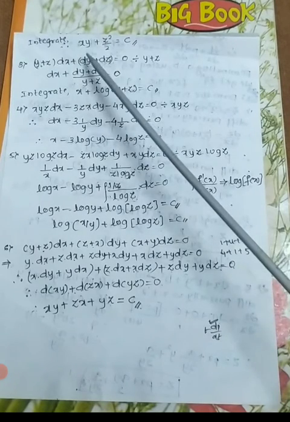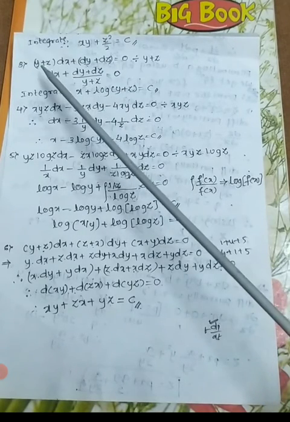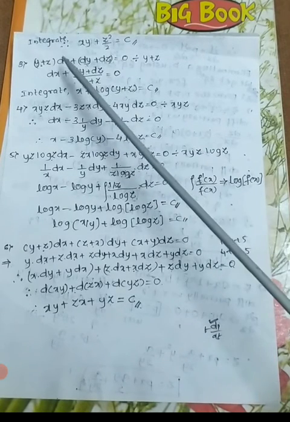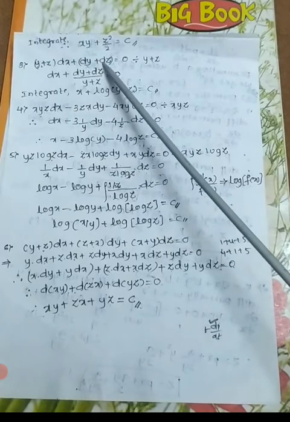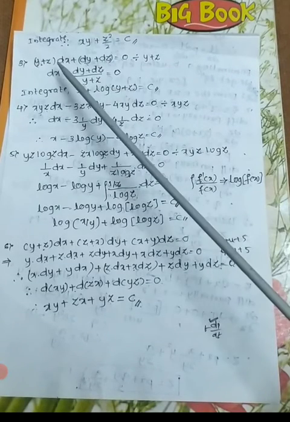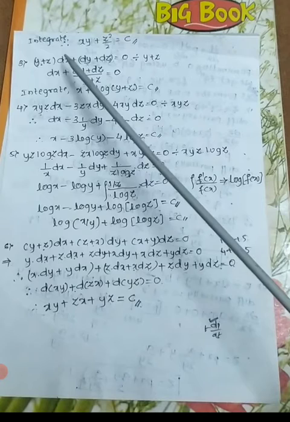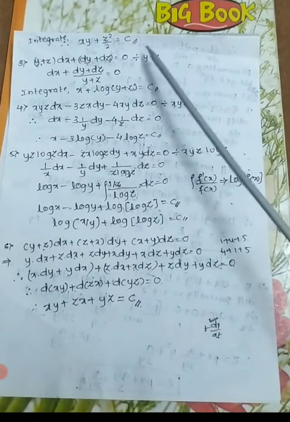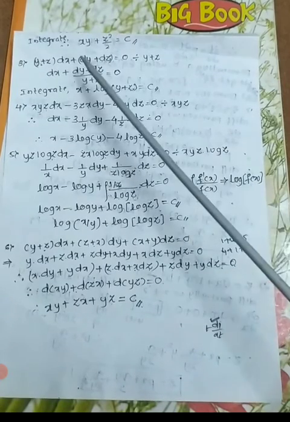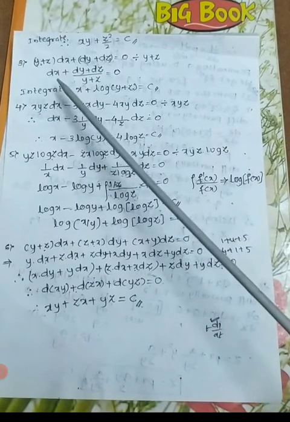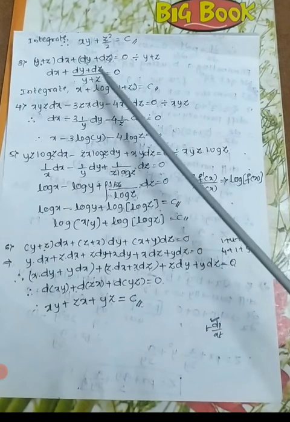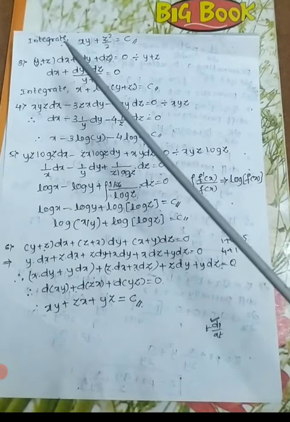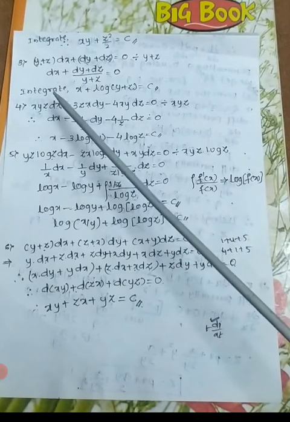Okay, see here, dx is there, but our variable is multiplied with y plus z. Here dy plus dz is very complicated, this term. This is easy, directly integrate. But for dx, it is very complicated because we have dx but it contains y and z. That's why I am dividing by y plus z. Rearranging this equation, we get dx plus (dy plus dz) divided by (y plus z) equals 0. Now we have to integrate. You have to write here the equation is integrable. That must be important.